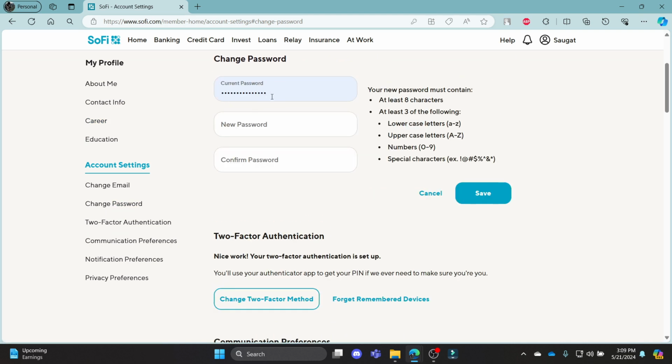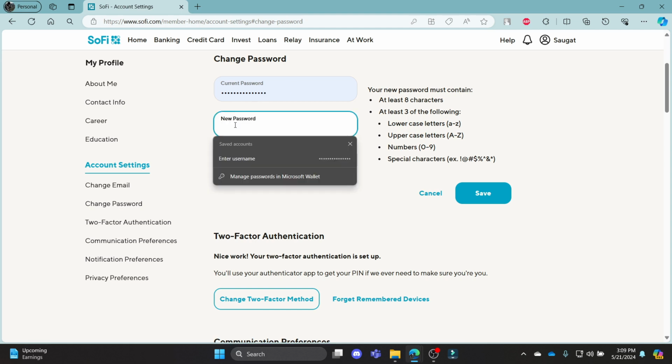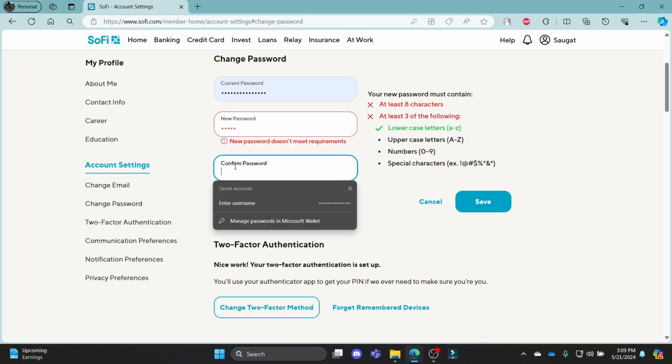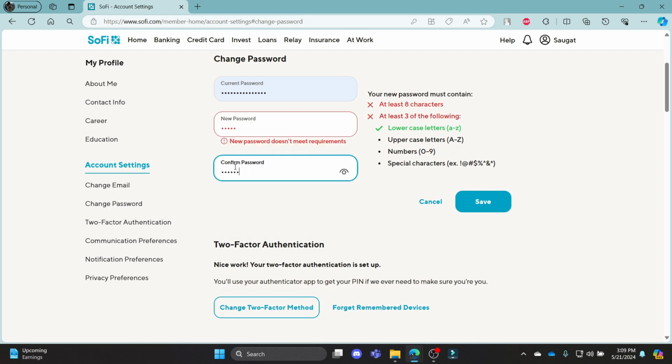After you click on the Edit button, your current password is already set. What you need to do right now is write down a new password in this box over here. After you write down your new password, go ahead and check your password. Then write down the same password in this box which says Confirm Password. After you write your confirm password, check it again, and if it matches, you can click Save and then your